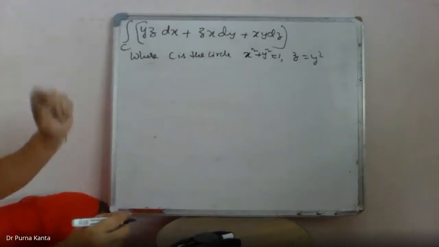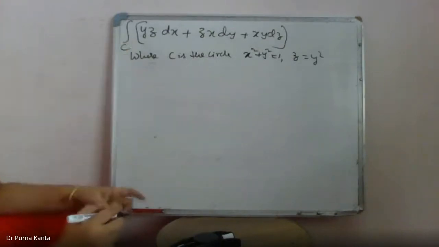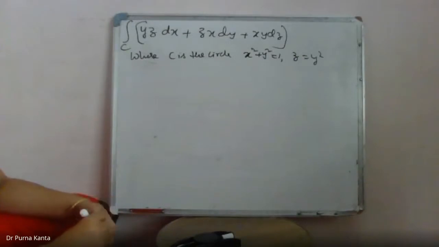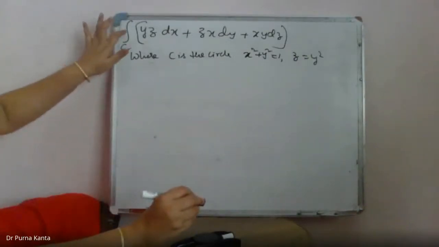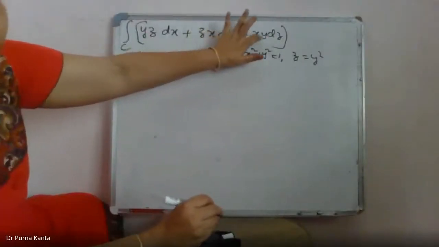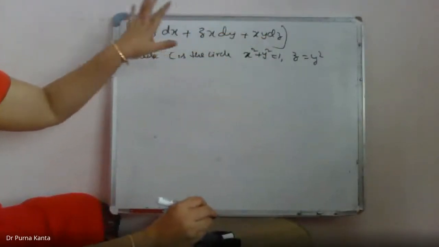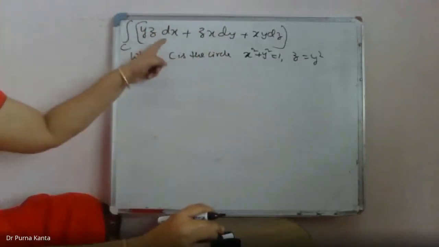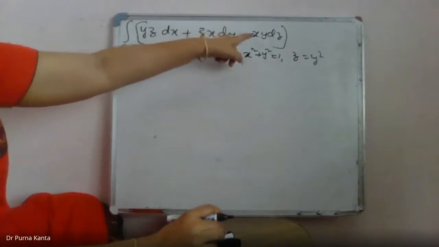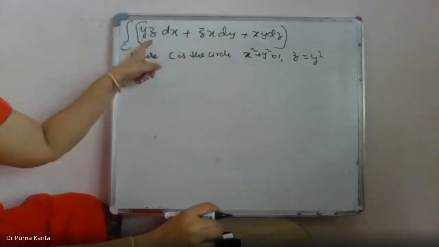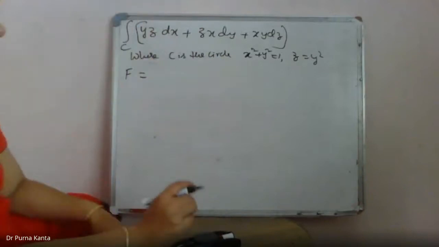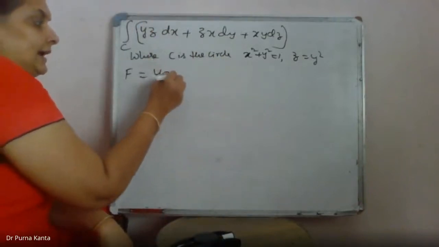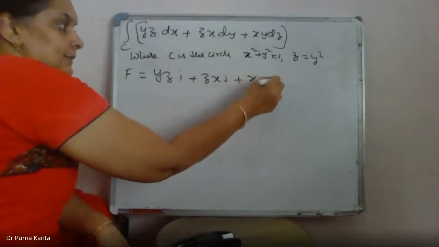So we are given again F dot dr. From this integral, can you tell me how we write the value of F? See that it is given in the form of F1 dx plus F2 dy plus F3 dz. F dot dr is given directly. From this we can write the value of F, where F is nothing but F1 i plus F2 j plus F3 k. So first we'll write down the value of F: yz i plus zx j plus xy k.